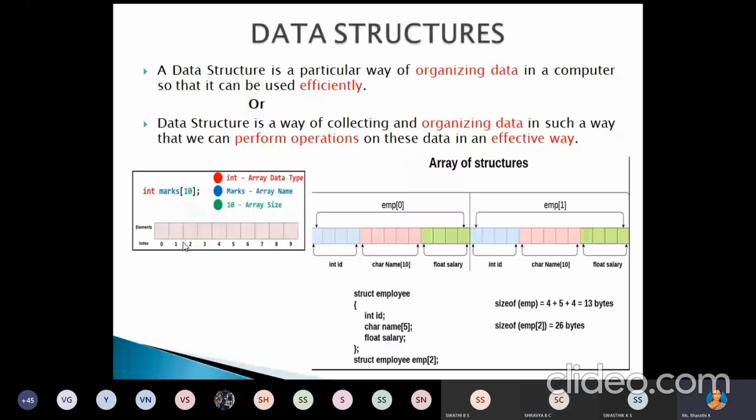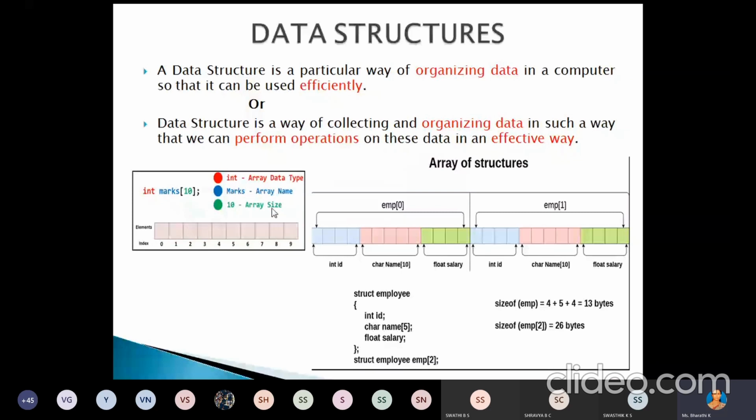Here, int marks[10]. So initially we are allocating 10 memory locations from index 0 to 9, and for these memory locations we are giving a name, that name is marks, and in these memory locations we are storing the integer values. This is one example of a data structure.